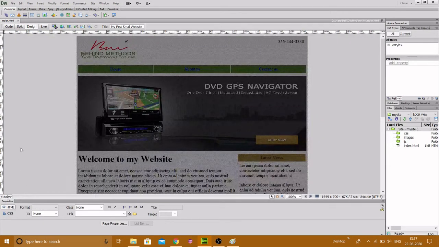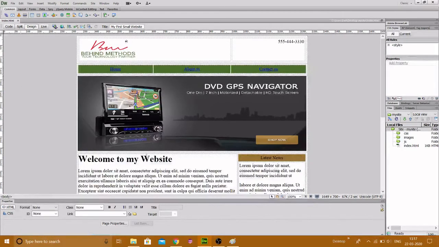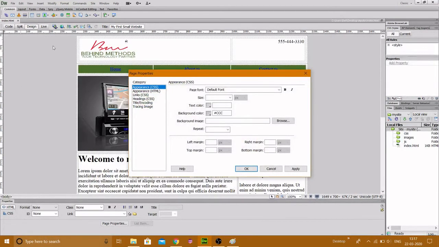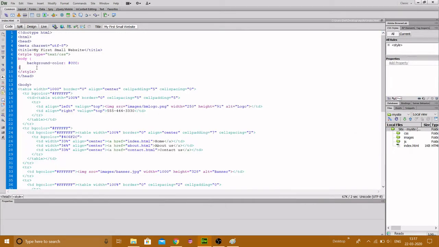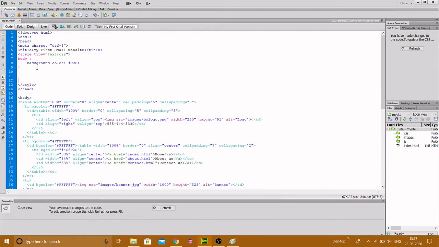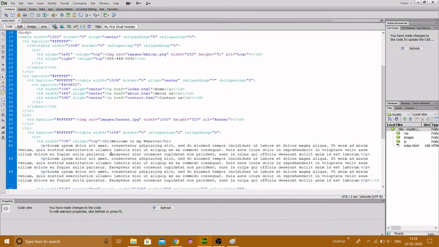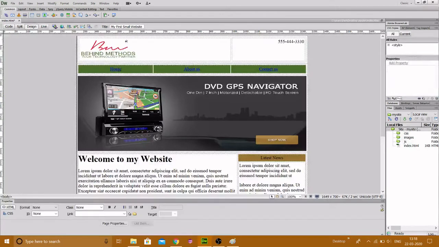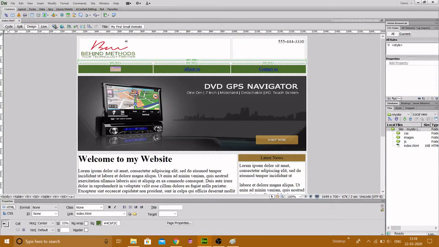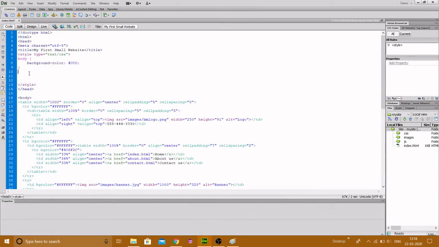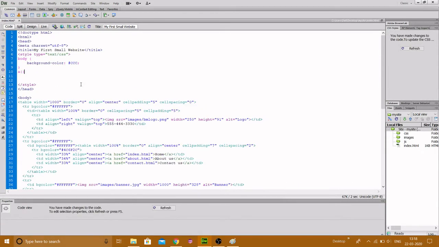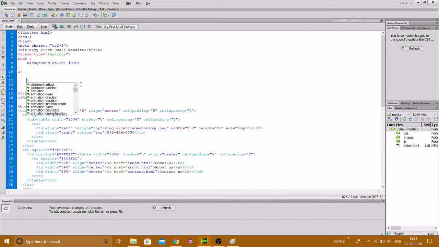Remember when I clicked here and right clicked on page properties, and I selected background color, at that time Dreamweaver created this thing. So for now I am saying a hyperlink is given with a tag. You already know. Let me show you so that you can recall. This a is here. So all the anchor tags in my page should have color